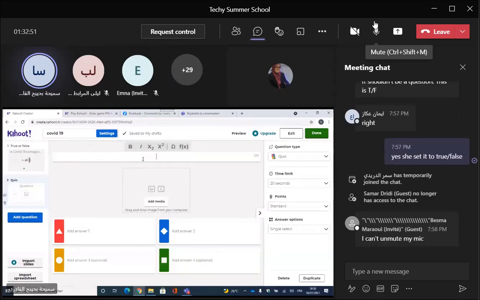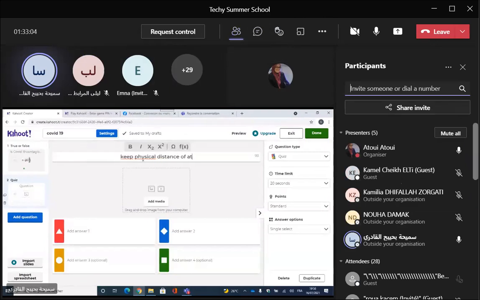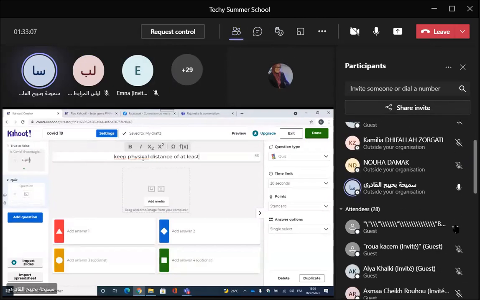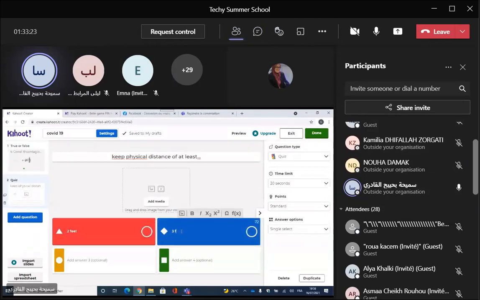Let's keep physical distance of at least, and you put 3 dots, so that you can add answers. Answer 1, for example, I don't know, 2 feet, 3 feet, 6, and I don't know, 30.